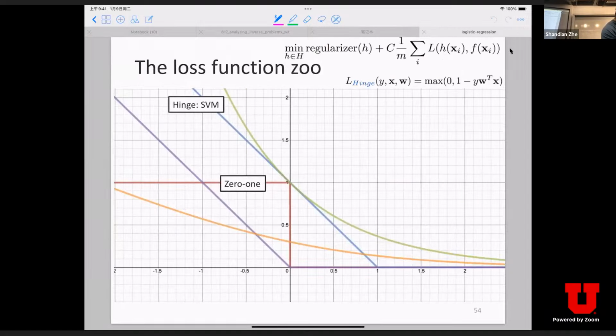And then this one is the hinge loss, SVM. You can see that the interesting property of the hinge loss is that your score, your y W transpose x, must be bigger than some value. Here it is 1. Then you are completely without any loss, without any penalty. That means your loss is 0. Otherwise, in some region, even if you make a correct prediction, you still suffer some kind of penalty because you're making your data point too close to the margin. And of course, if you make a wrong prediction, you're going to have some loss.